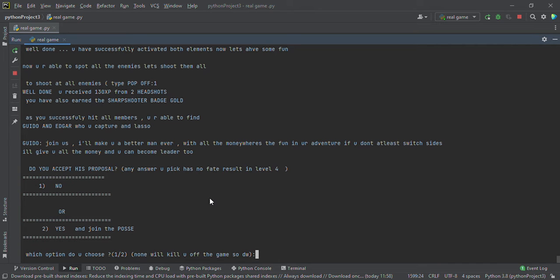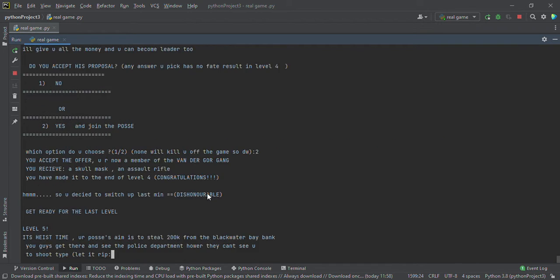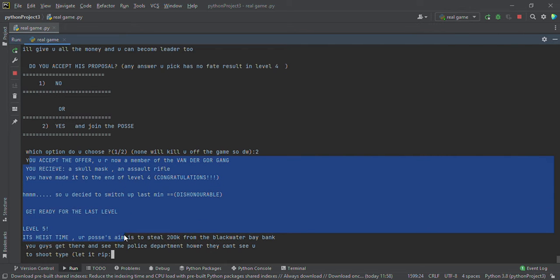Alright, so what if somebody has picked option 2 from the two-way path? So if somebody picks option 2, I'm going to show you real quick. It says you accept the offer, which is different from somebody who has said no and declined the offer. So obviously you can see here there's a different path and a different story compared to somebody who will